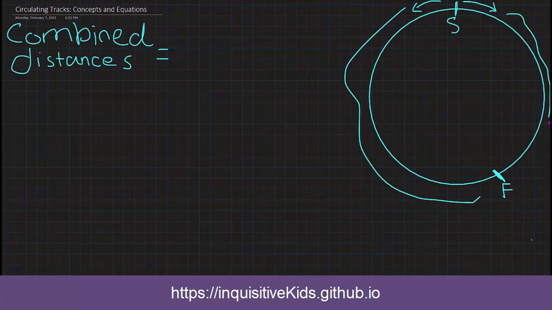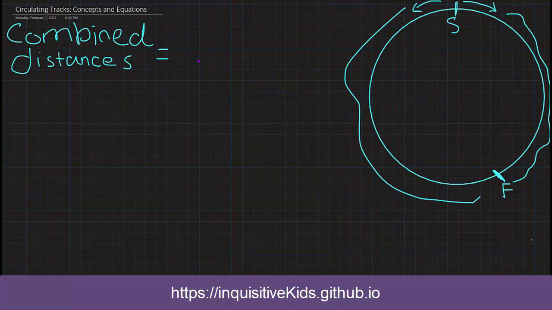And this person B, she has traveled this much. No matter what their speeds are, no matter how much distance each of these people walked or ran or drove, their combined distance is always